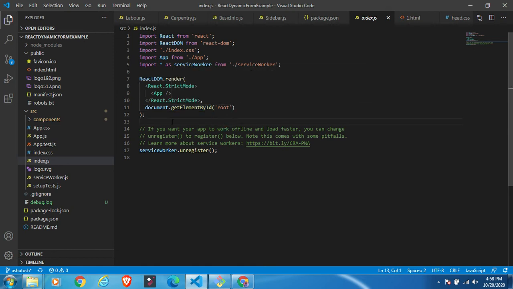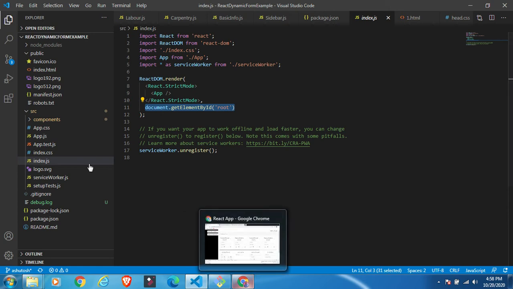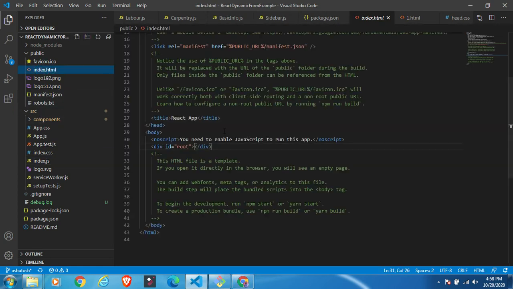This is just a basic thing that I hope you know, document.getElementById. Through this selector they have selected this division and they are appending something. It means the whole application is rendered in this particular division. But here the noscript tag is also written.